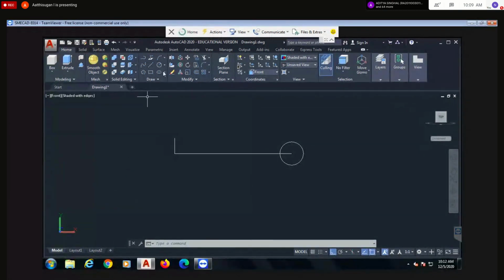Actually, from here also you can draw one circle, radius of the same 15. I'll share the question also.